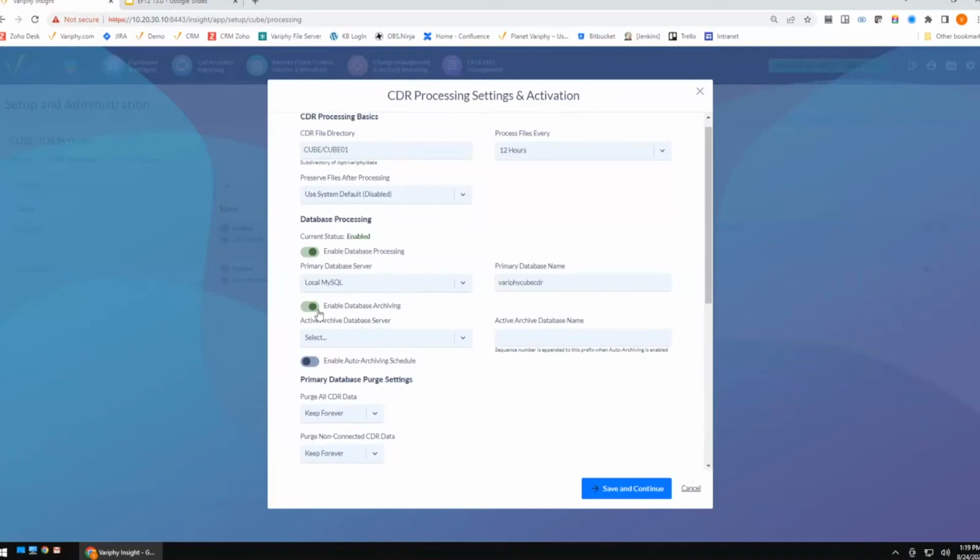That's what I like to refer to as primary data. What database archiving is going to do is allow you to keep that primary database relatively smaller because that's what your day-to-day operations are utilizing, but then allow Verify to automatically archive databases off that are maybe queried less often.